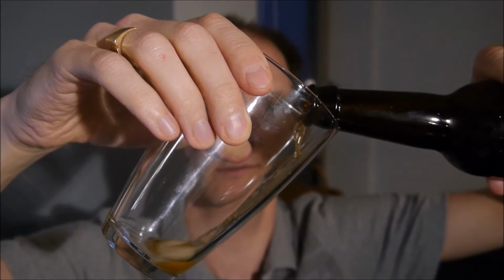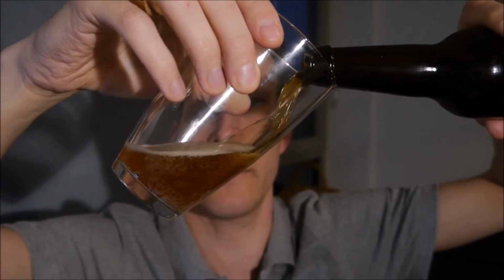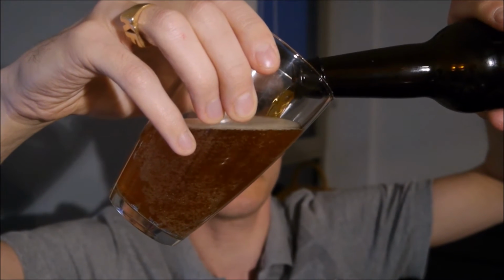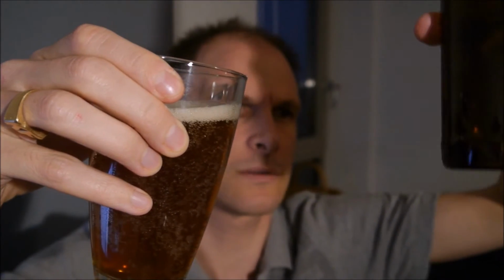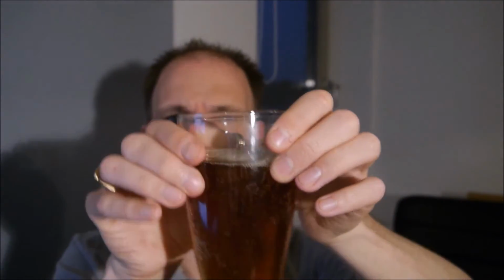This is not going to be white, I know that, because when I did it, it was very, very, very orange. It doesn't look wheat beerish at all. A bit of crud in the bottom. I've got to get my carbonation right. I don't know if you can see this, but it's...